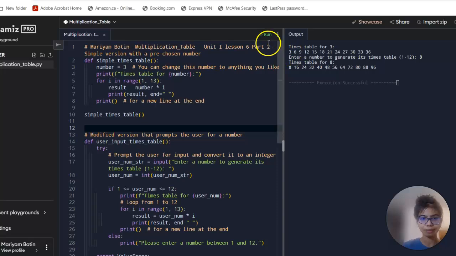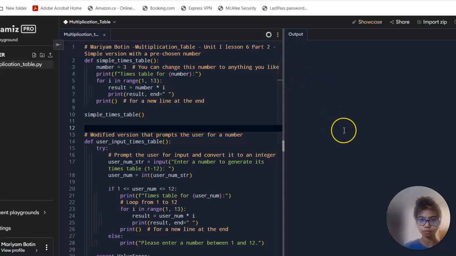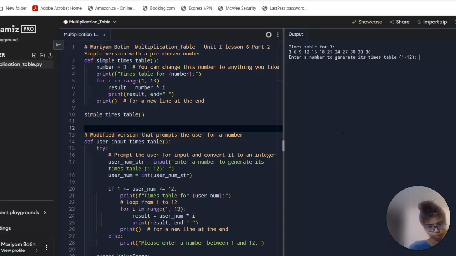Okay, let's try one more time. Let's do the multiplication of 4. Okay, now it shows the times table of 4 is 4, 8, 12, 16, 20, 24, 28, 32, 36, 40,